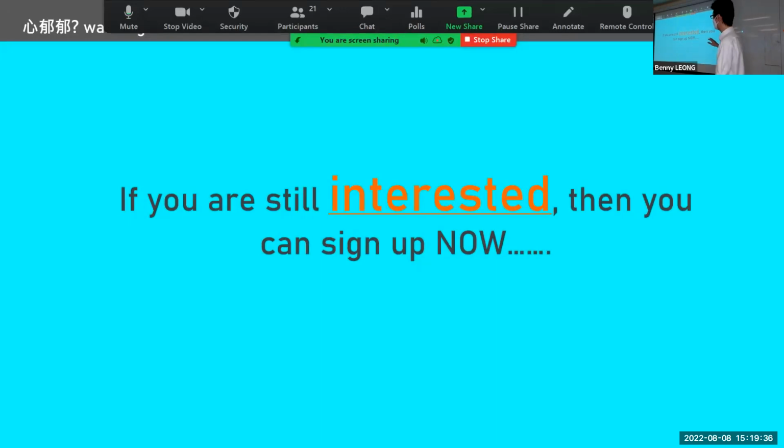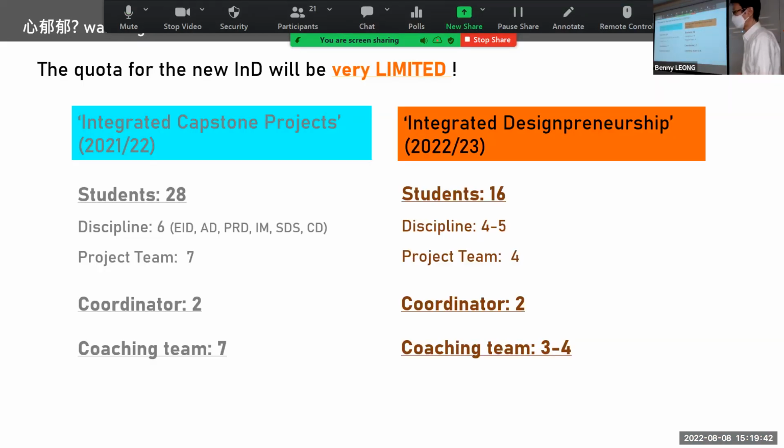If you're still interested, then you can sign up. But before you sign up, I have to tell you about the number of students that are taking it. Last year, it was a bigger team. But because we want to keep control of the quality, we'll try to minimize the number.